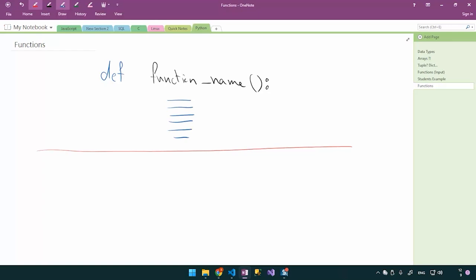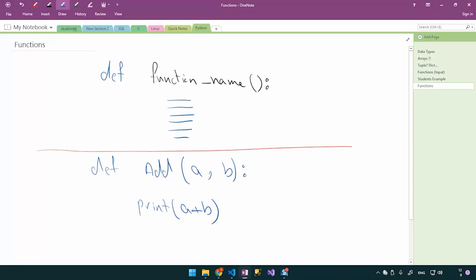You can have something else. Let's say def, we want to create a function that adds two numbers together. We're going to call it add, and I'm going to say a, comma, b, colon, and I'm going to say print a plus b. What does that mean? We call these two parameters,